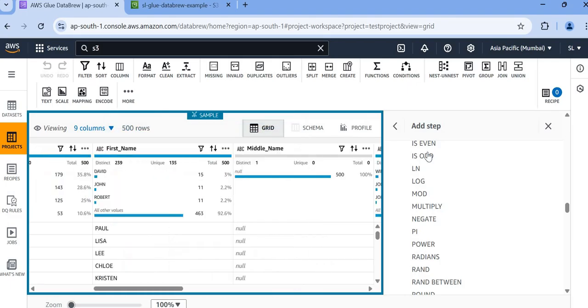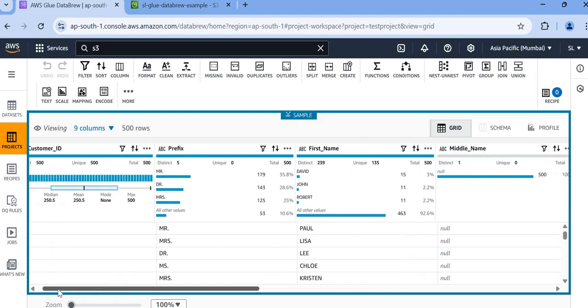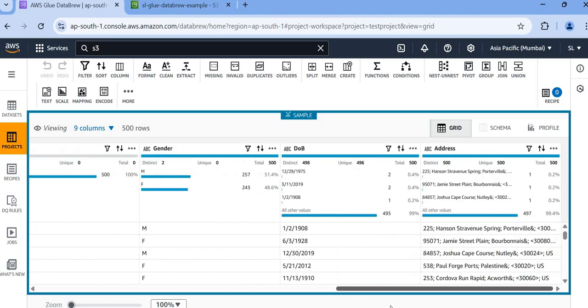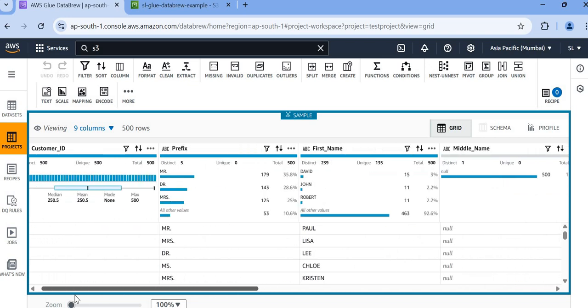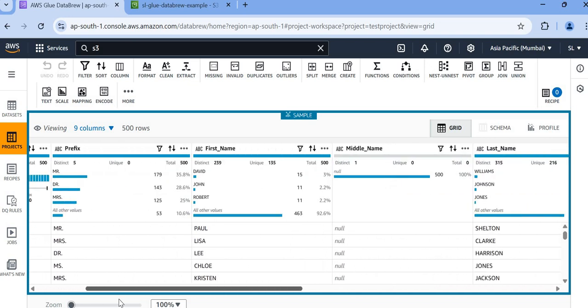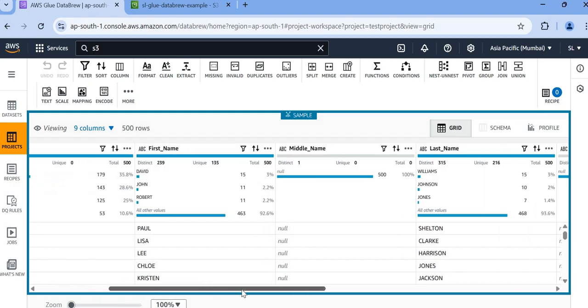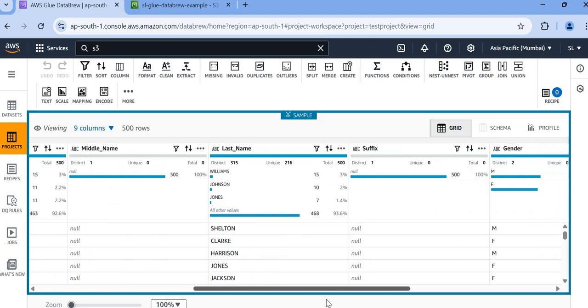Now you can see that it is completed, and you can see the data is coming here. Now you can start creating your recipe. So first I am showing you a few steps so that you can learn how to do this. Suppose this is the prefix, and this is the first name, middle name, last name. You want to combine them and keep them in one column, then just click on the